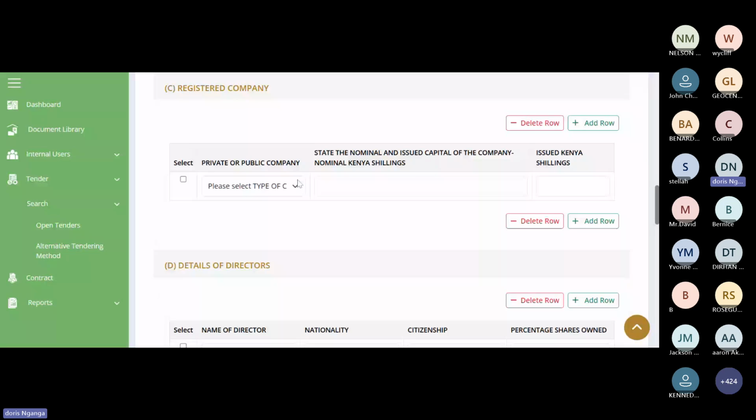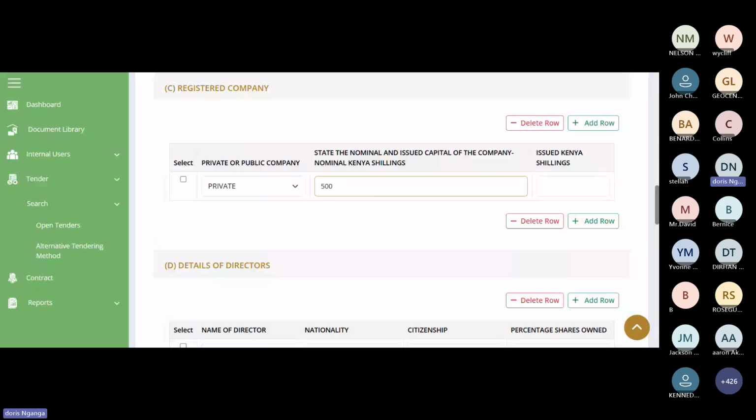Registered company, are you registered? Is it a public or is it private? I believe we all know the difference between a public company and a private company. In my instance, this is a private company. State the nominal or issued capital of the company. So for the nominal, let's say, for example, 5 million.